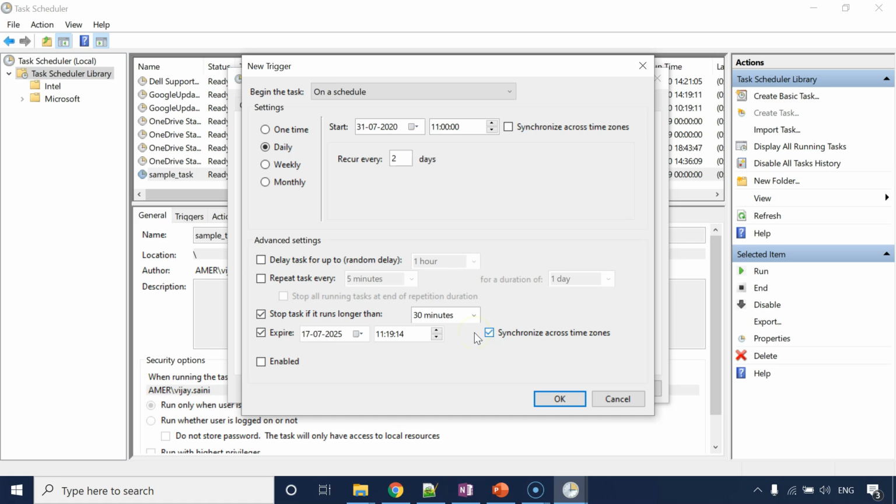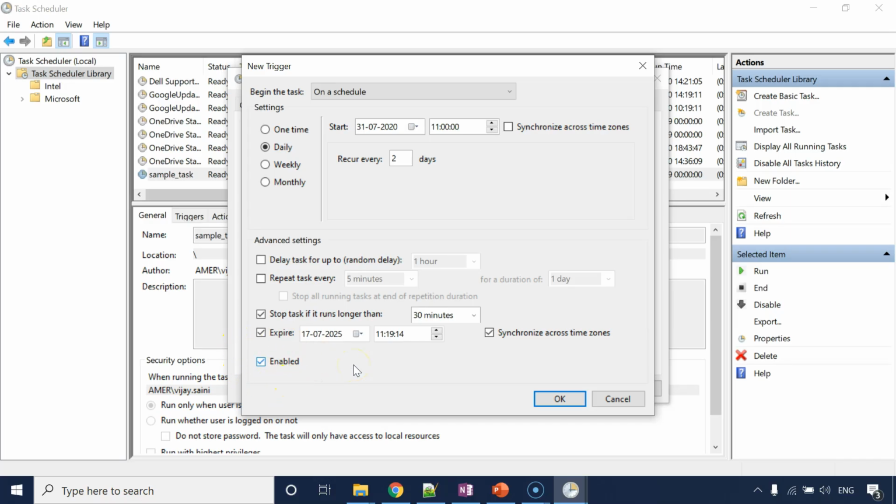By checking this option, you are giving permission to the system to update this time to keep it in sync across time zones, right? And now, what is this option? Enabled or not enabled? Basically, you are planning some task, let's say, but you do not want that to happen immediately. For example, this is the task, but I don't want it to execute from the day after tomorrow itself. I want it to execute next month. Until that time, I can keep the task in disabled state by not checking this.